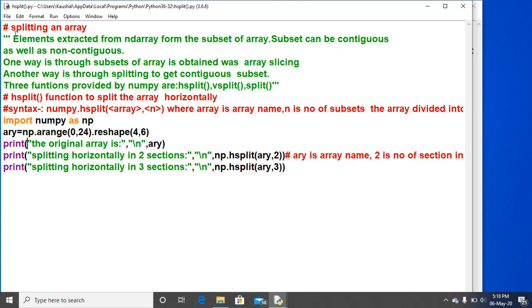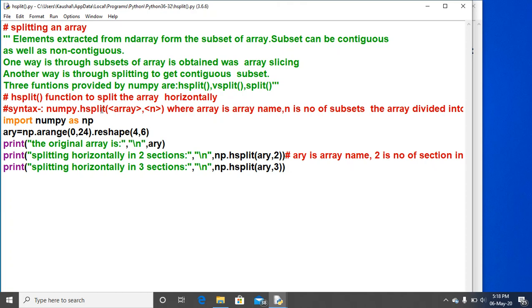The comment lines you will be writing are for the definition. Here the syntax, as well as this comment line, is the definition. Each and everything you note down separately in the copy, and afterwards the main program, starting from import till the last statement. All these comment lines you will be writing for the definition of each individual topic.